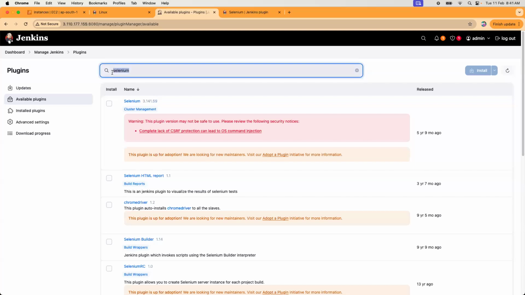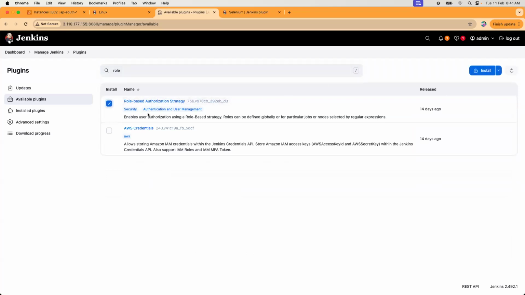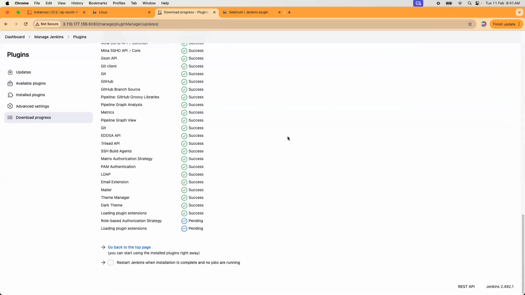For us, we need something role-based. So if you type in the relevant terms, you can see it. Role-based Authorization Strategy enables user authorization using a role-based strategy, right? So you can install this plugin. This is how you can install. You don't need a restart of your Jenkins. Dynamic loading is available. For certain plugins, you may have to restart. It will tell you whether you want to restart, but now it's not asking for a restart. We can just go here,